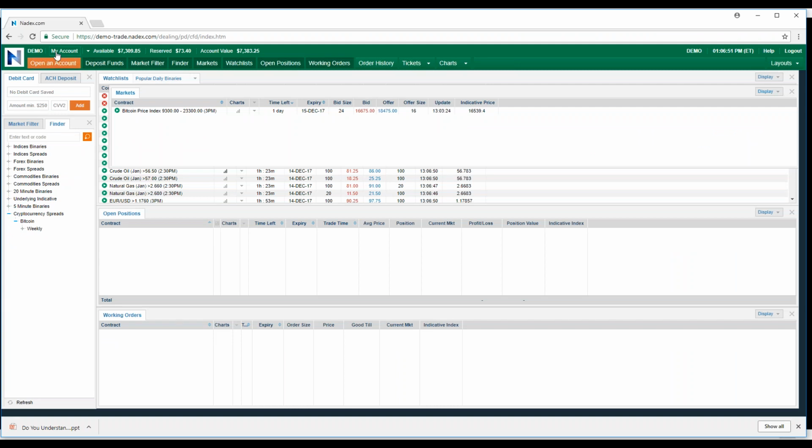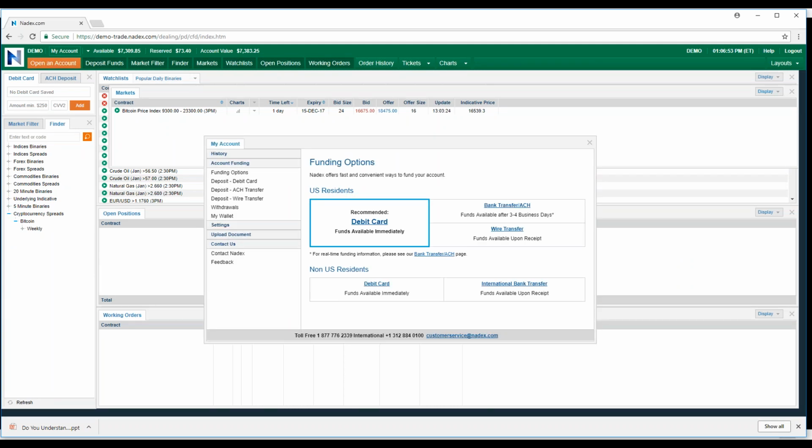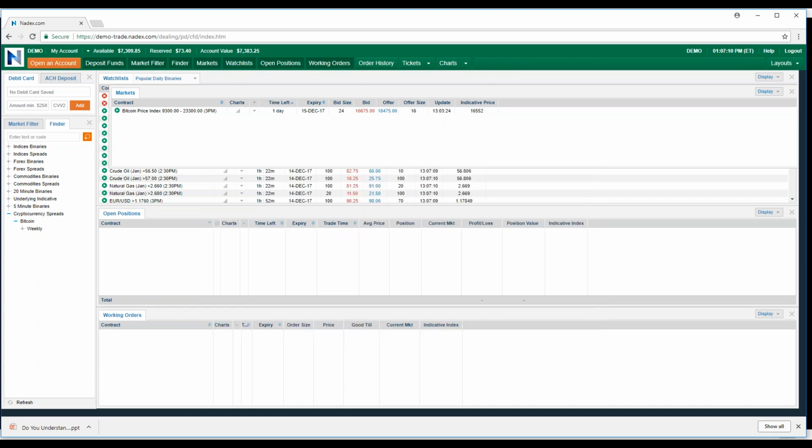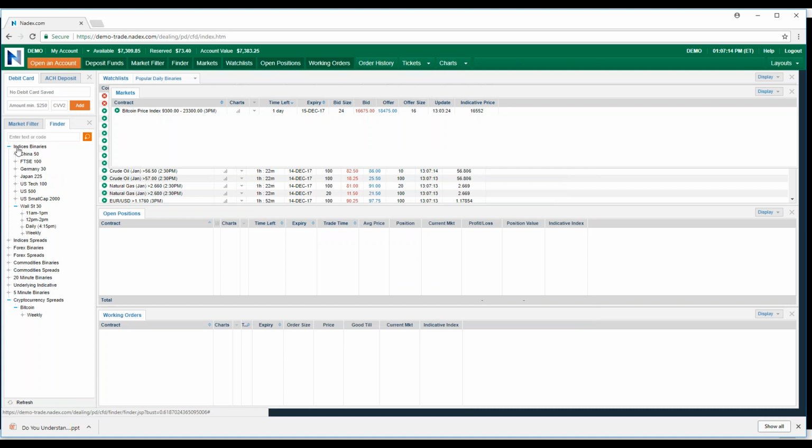Once you do that, you can go right up here to My Account and right here to Settings, and then right here to Password. And that will allow you to change that temporary password that they email you. You can change that into whatever you'd like it to be, something easy for you to remember, a password of your choice. But the demo platform is a great place to get familiar with Nadex, get familiar with the different products that they offer, the different binary and spread contracts on the different stock indices, the forex pairs, some